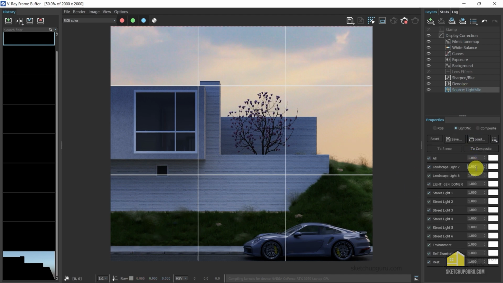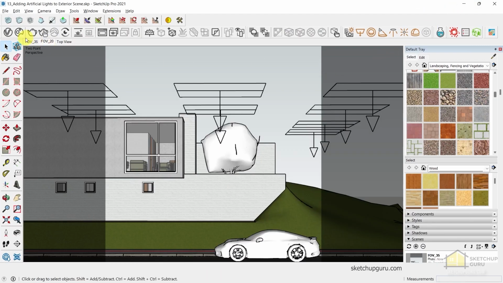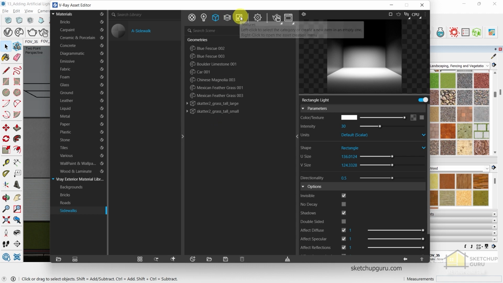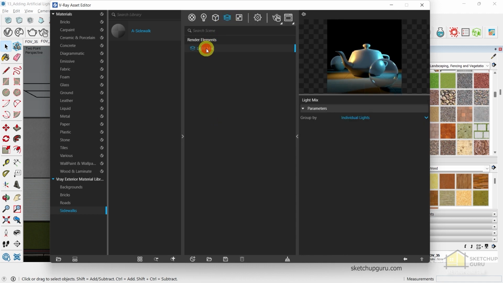If you go to source Lightmix, you can see that each of these lights come as individual lights. Now that's not what I want. I want them to come as an instance. So I'm going to stop the render. I'm going to change the Lightmix settings. Go to asset editor, go to your render elements here, select the Lightmix and change the group from individual lights to group by instances. So now if I run an interactive render